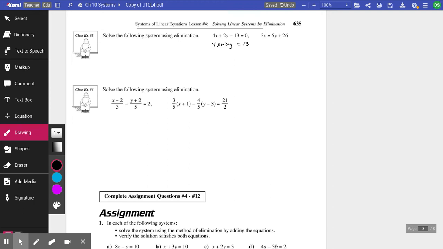So then over here, I'm going to put my 3x and subtract the 5y to bring it over to the right-hand side, or the left-hand side. So now I have my x's and y's on one side and my constants on the other. Now, if I go to line these up underneath each other,